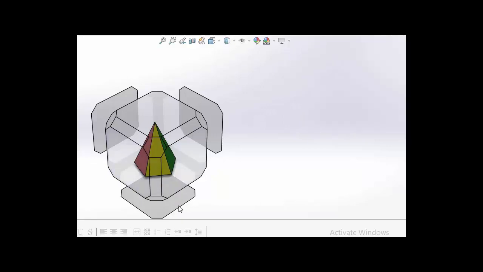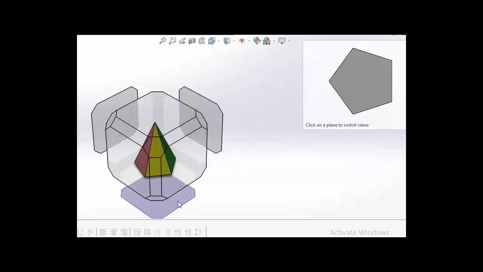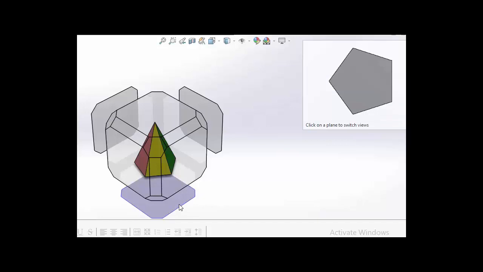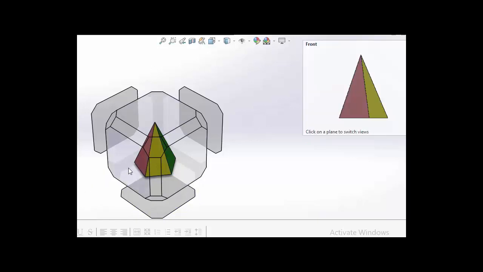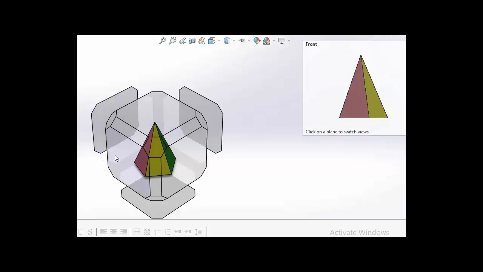Now assume that this is your horizontal plane and this is your vertical plane. And now the axis of the pyramid is perpendicular to your horizontal plane. So this is the assumption you have. This is your front view direction, this is your top view direction. When you view from the front, you can see only a triangle in the front view. When you view from the top, you can see the polygon in the top view. Right? So the polygon will come below the XY line and the triangle will come above the XY line when its axis is perpendicular to HP.